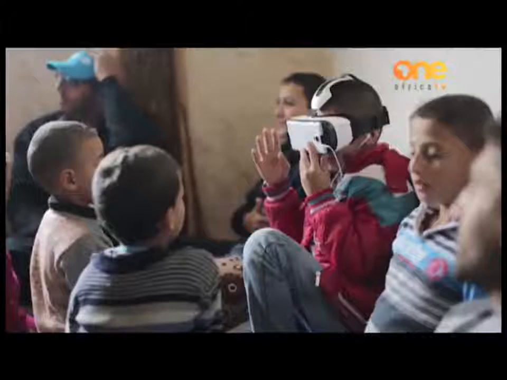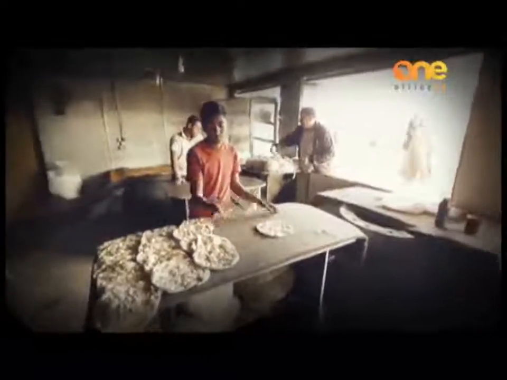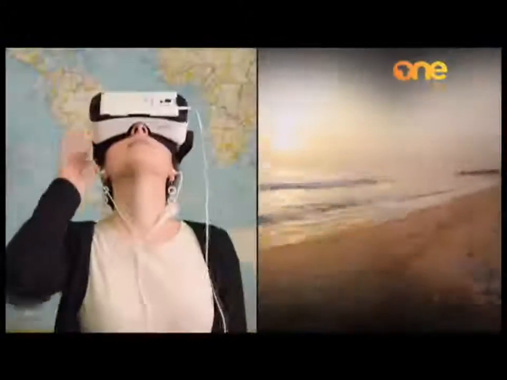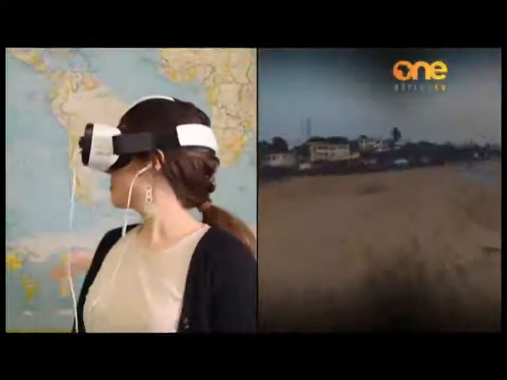Virtual reality is the ability to really take part in a story that usually you're only a passive spectator on. And you actually get the sensation of feeling like you're being there. By using multiple cameras that can record in all directions and software that can stitch the images together, virtual reality creates an experience that enables the viewer to see a movie from every angle, above, below, and behind.